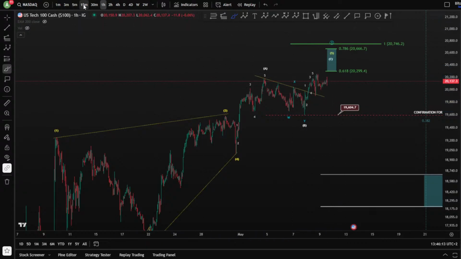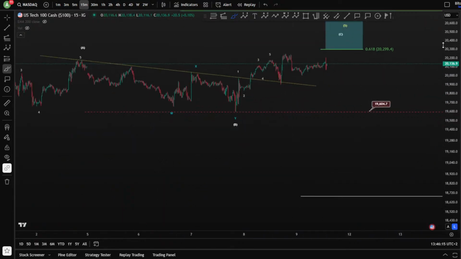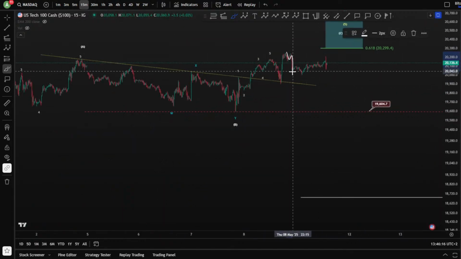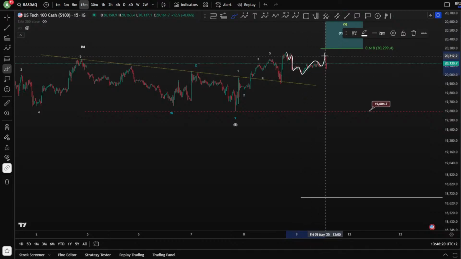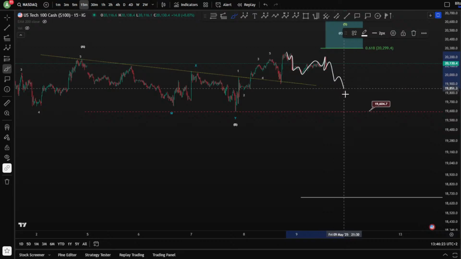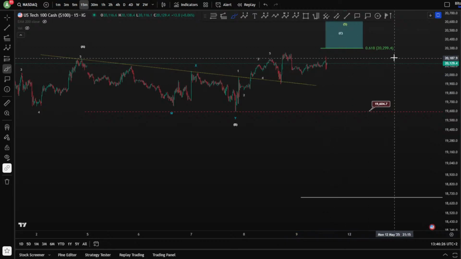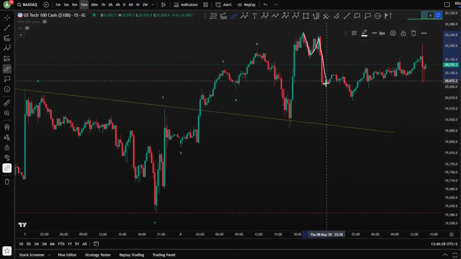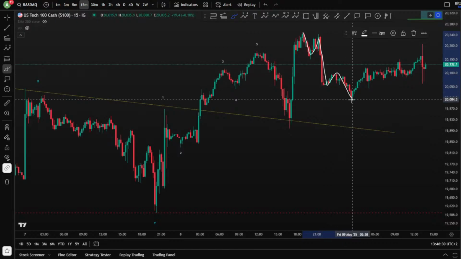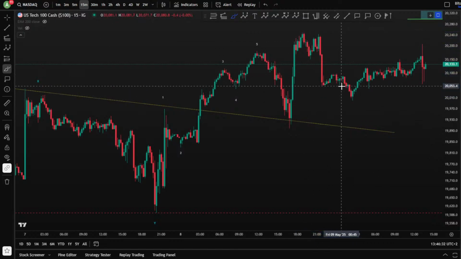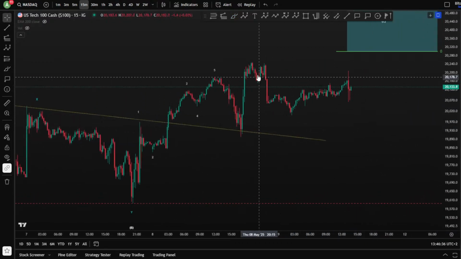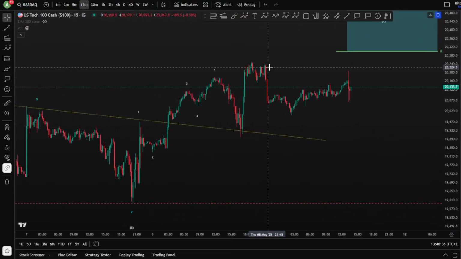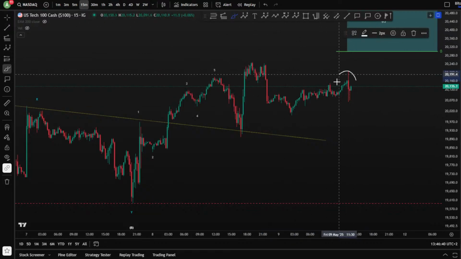Now, on the 15-minute chart, again, you have to be careful with this one. 1, 2, 3, 4, and a 5 as an impulse, and then 1, 2, and then potentially moving down. So we have to be careful with this one as well. Yeah, 1, 2, 3, 4, and a 5 as well, and this one looks like an impulse. So we have to be careful with it, unless it is A, B, and a C. Okay, it can be, of course, A, B, and a C.